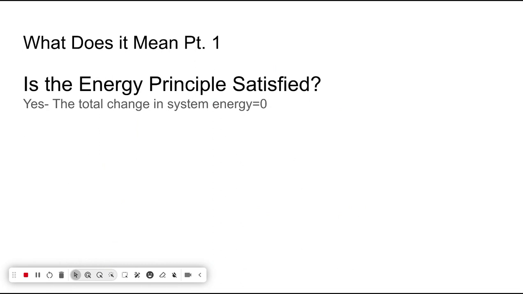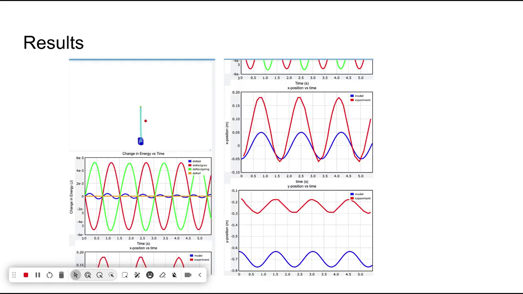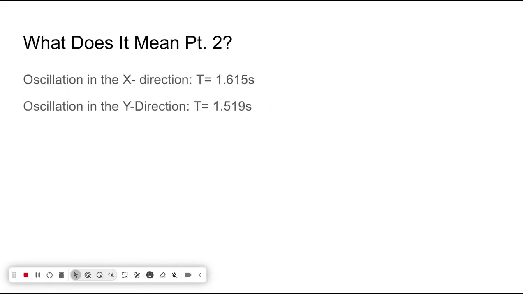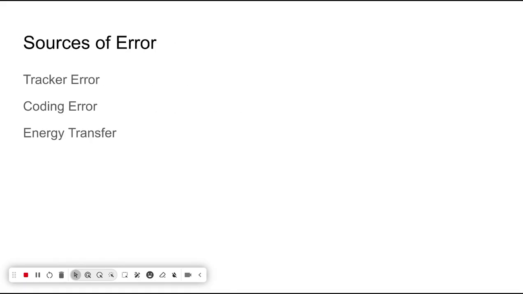To put it simply, yes. The total change in the system energy is 0, and because we're saying it's an isolated system, it should be. So that looks perfect. And then for the other question, why are the oscillations different? Because the material properties of springs in the x and y direction differ based on the Young's modulus, but that's not really relevant to this class. Finally, source